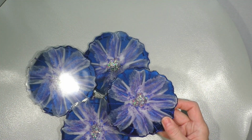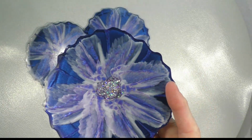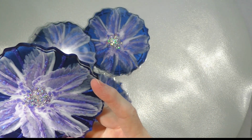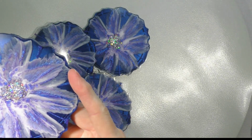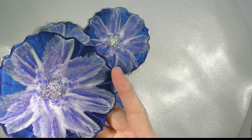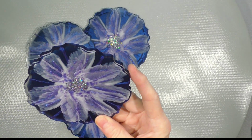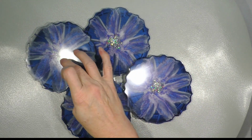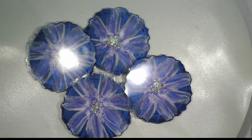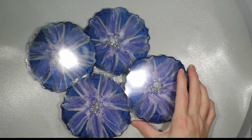I'm not super mad at it. It almost has a palm tree effect, like the branches of a palm tree or something, the leaves. It's kind of unusual. It's pretty. I'm not too disappointed. The glitter kind of did its thing and that spread too much there, but for my first attempt in probably a year or more,